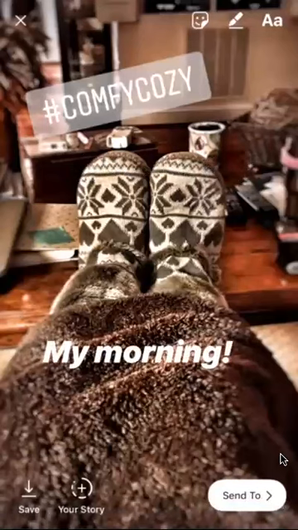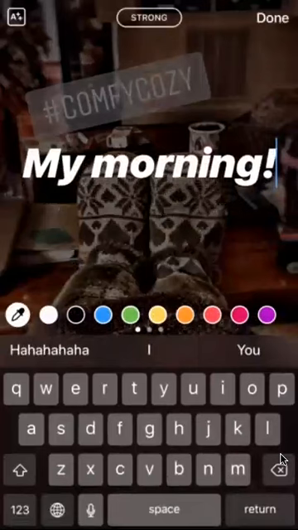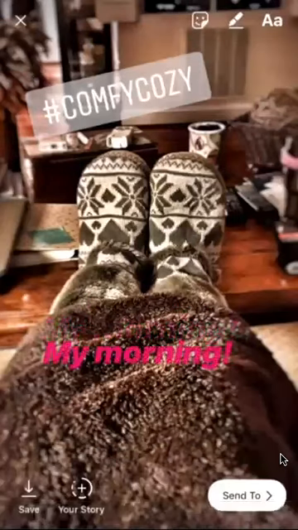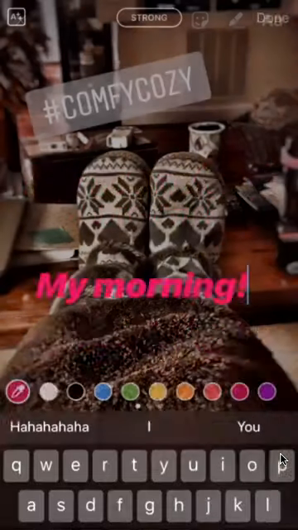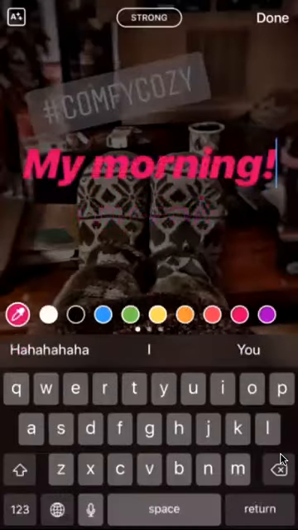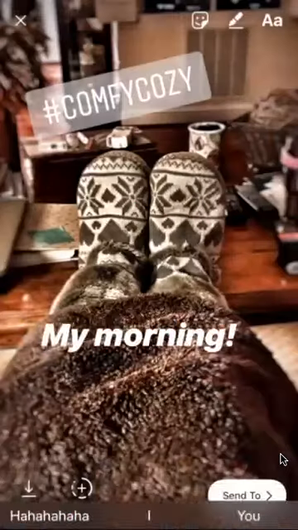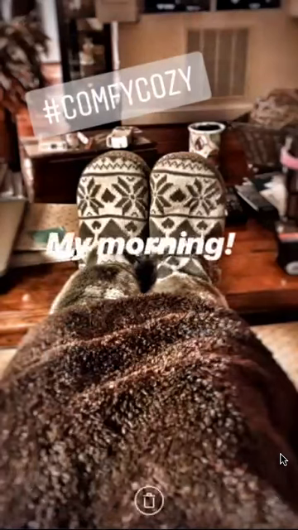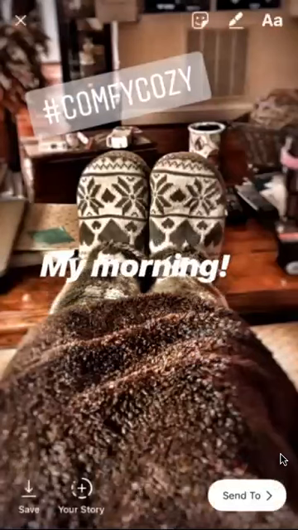You can also, so I clicked on the strong one. You can click on it again and you can make it different colors. I like pinks a lot, so I use a lot of pinks. If something's not showing up well, you can just play with the different colors. So white would probably look better down there. Another thing you can do that somebody taught me, which was really cool, is I slide that up, and then you can go in and get your